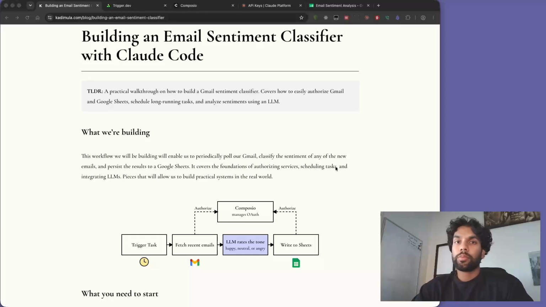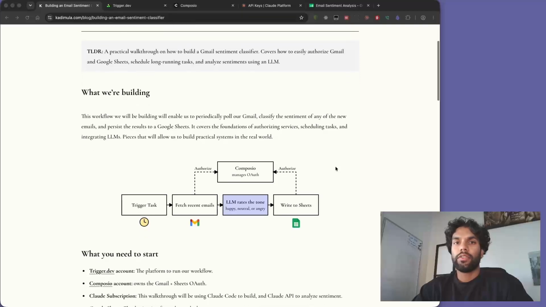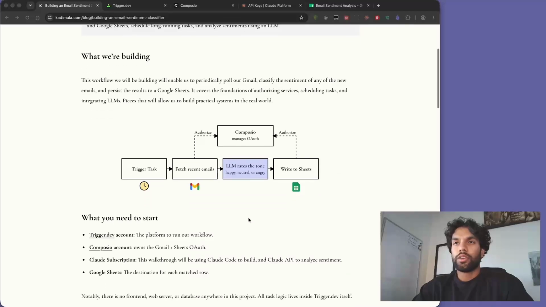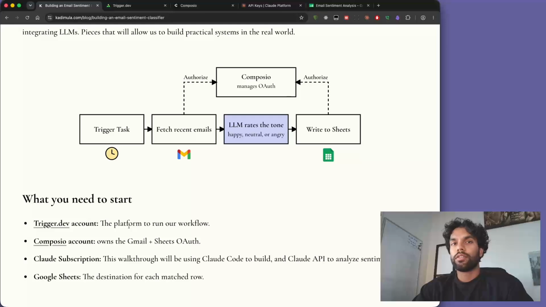There are going to be a couple of moving pieces which we need to set up. Everything will be free, and the blog post describing this whole flow will be linked in the description as well. In the flow that we are building, we will need a couple things to start. We will need a trigger.dev account. This will be a platform that allows us to schedule long-running tasks, and all the business logic will sit inside